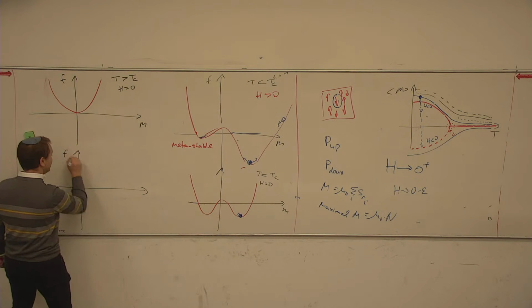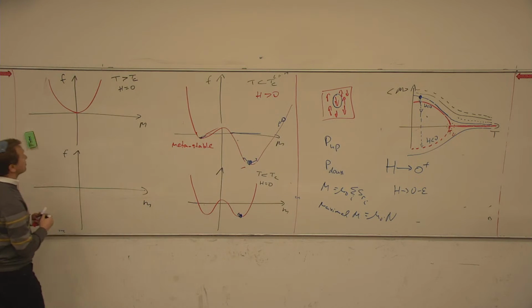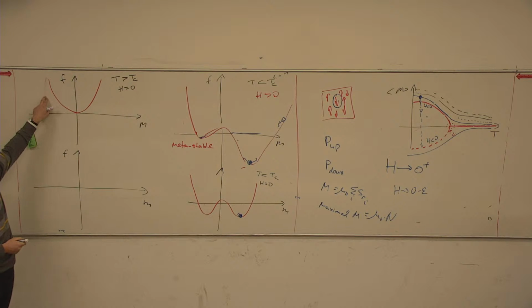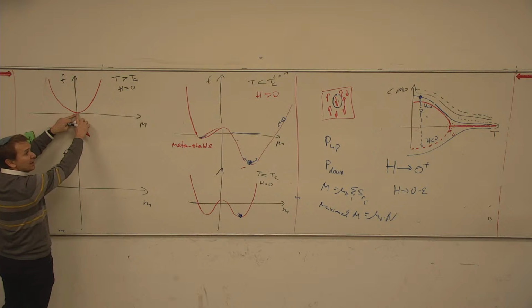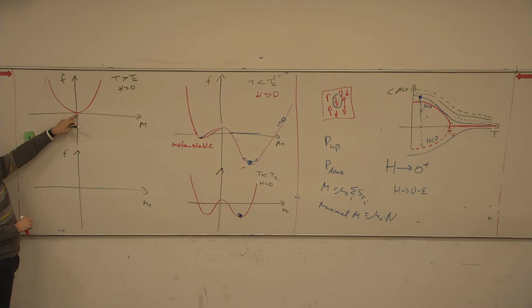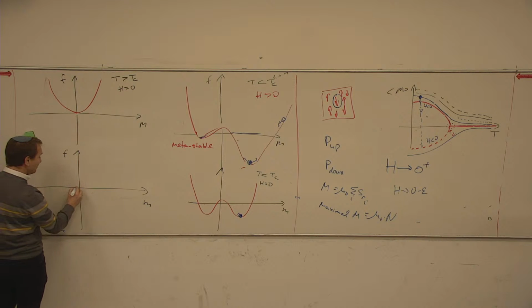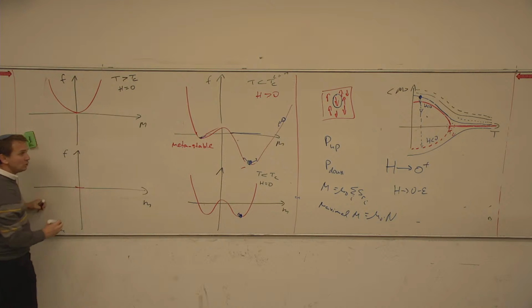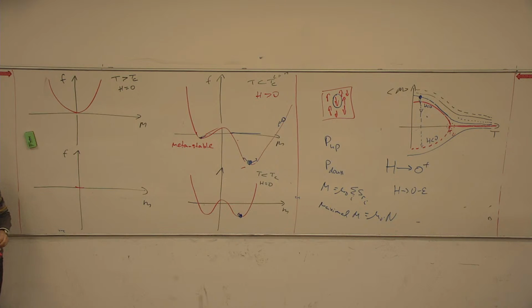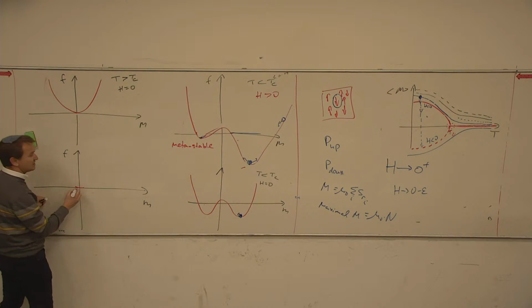So this is F, this is M. And remember, nothing bad happens to this function. It had one minima, and exactly at 0, at t equals tc, it still has one minima. But not only is the first order derivative 0, the second order derivative is also 0. Okay? So this is a critical point, or some point which is of higher order than just a simple minima or